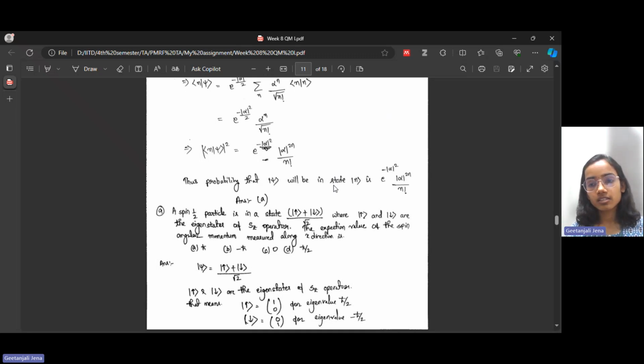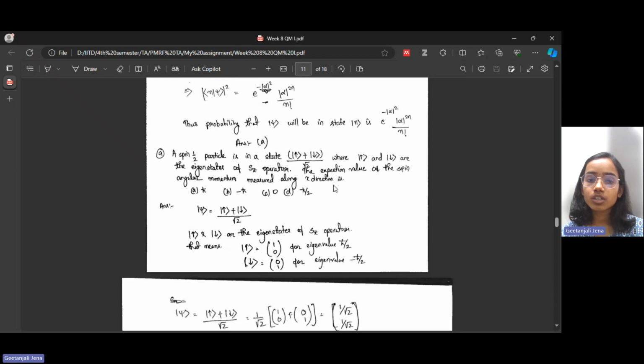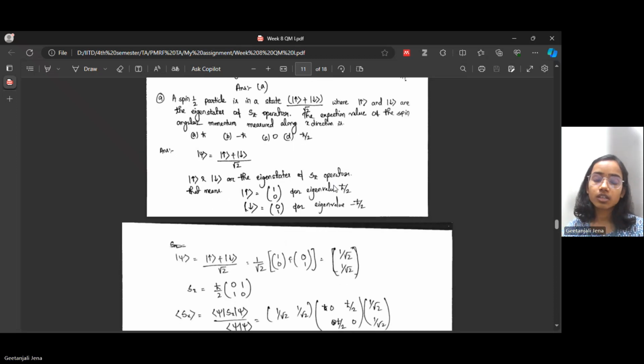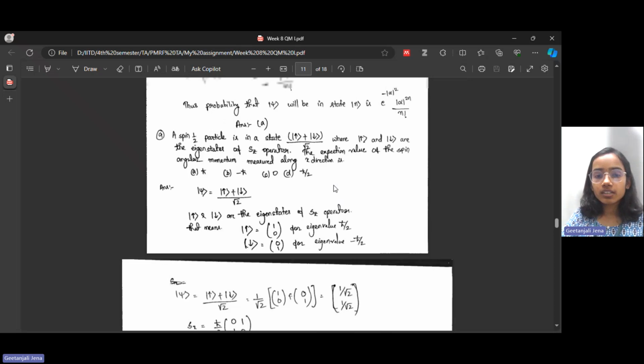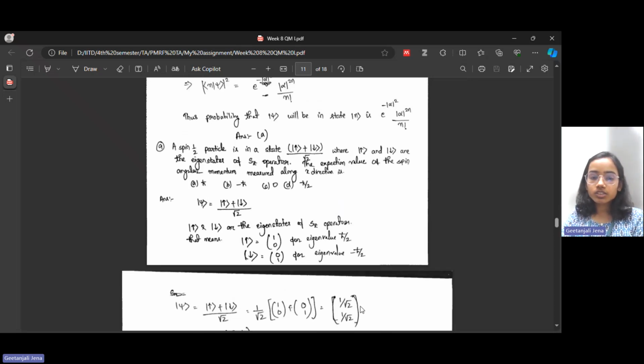Up means the column vector 1 0 for eigenvalue h bar by 2, and down means the column vector 0 1 for eigenvalue minus h bar by 2. If you now put the matrix representation of the up and down states, then psi will be given by this last equation,